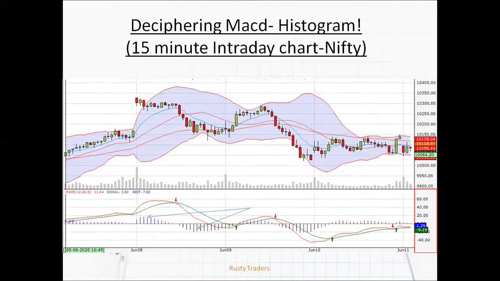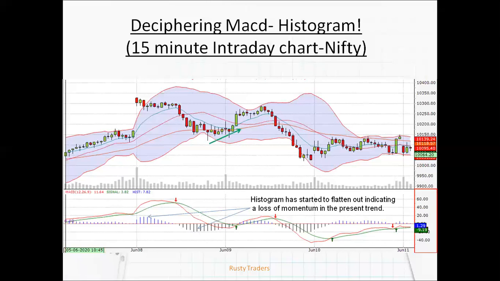So if you would have entered at this particular juncture, if you see, the histogram has started to flatten out, indicating a loss of momentum in the present trend. When you say the present trend, this basically indicates the market is in an uptrend, and then this thing is weakening out. So the present trend here is the uptrend. Similarly, it is going down, and here the trend is down. So this is the downtrend, and when it starts to flatten out, it indicates the present trend, which is the downtrend, is starting to weaken.